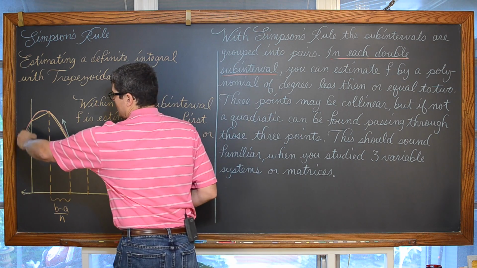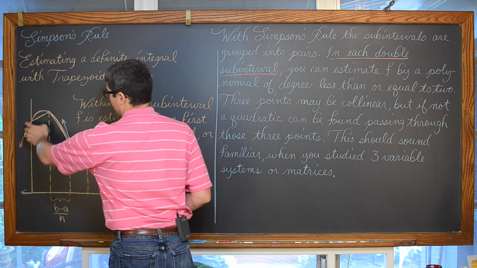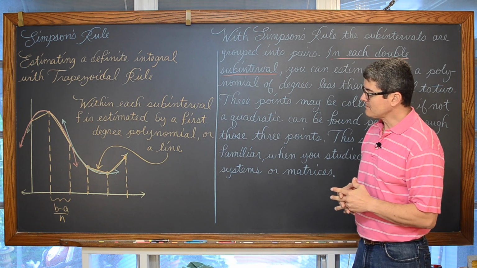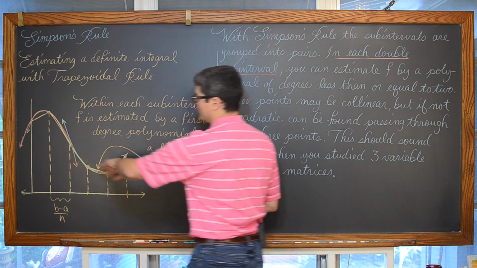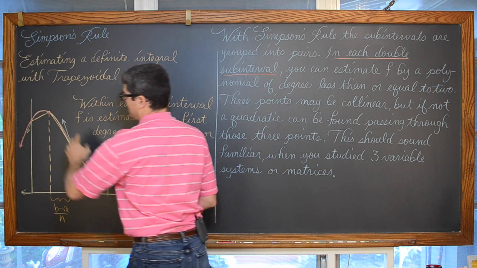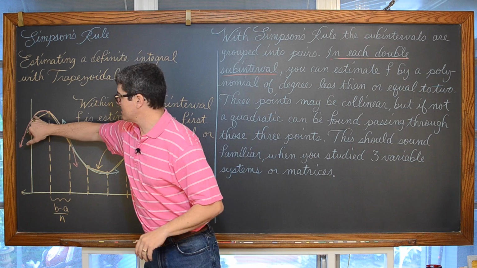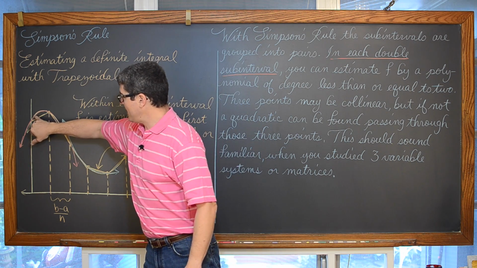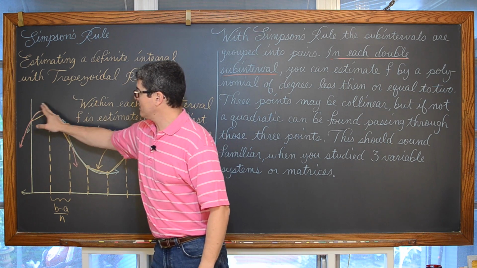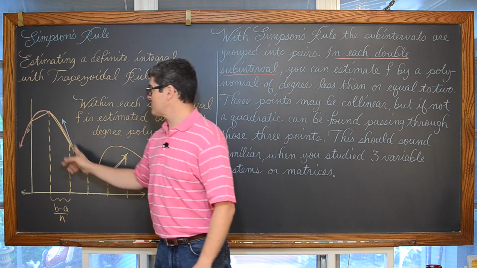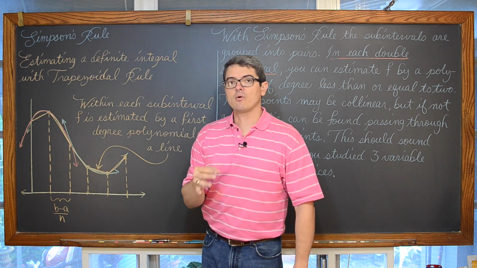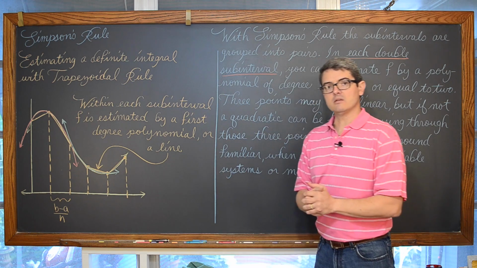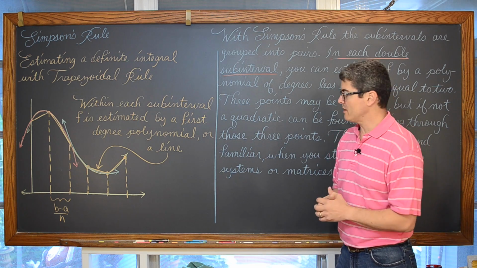And you can see I'm trying to draw first a red and then a green parabola through these double subintervals and estimate the movement of my yellow function with those parabolas. Hopefully you can see a little bit of variation, because I'm just trying to show you that Simpson's rule is not going to give you an exact approximation. But when you have a curving function and you take little pieces of it and try to estimate its movement with a parabola, often that parabola is going to very closely track the movement of whatever other function is involved within your definite integral.